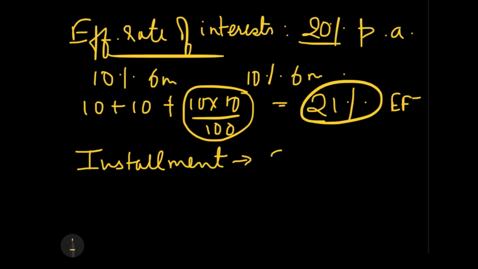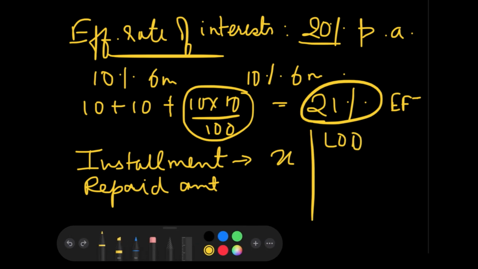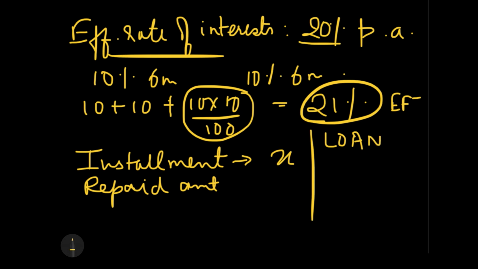So let us take it as X. One type of question can be where somewhere or the other they would have given you the repaid amount, directly or indirectly. So how would we find out the installment then? We would be given the amount of loan. Now what we will be doing is, to the amount of loan, we would add the interest for 1 year. This is how the loans are calculated. So the interest of 1 year is added to the total loan.